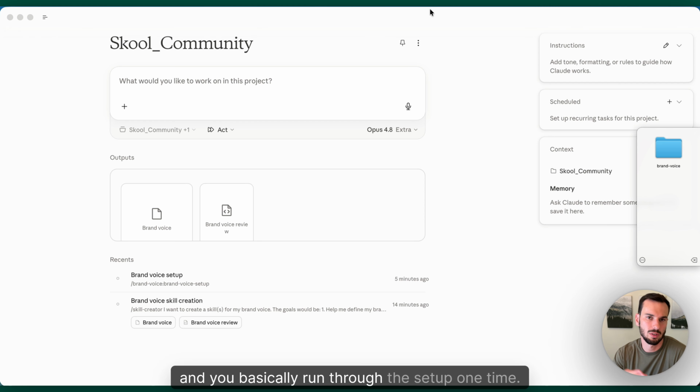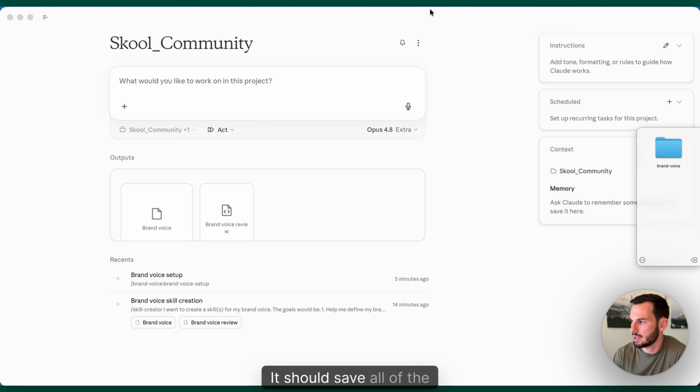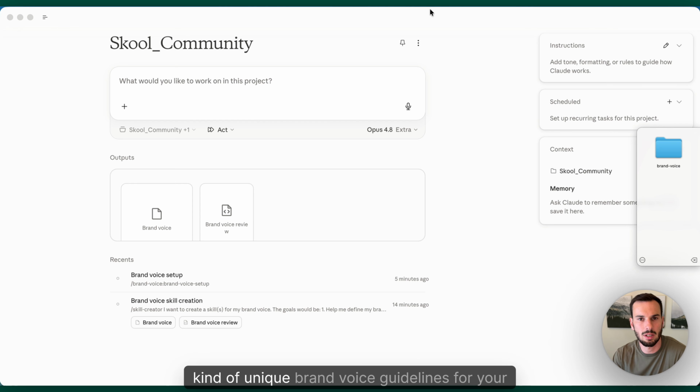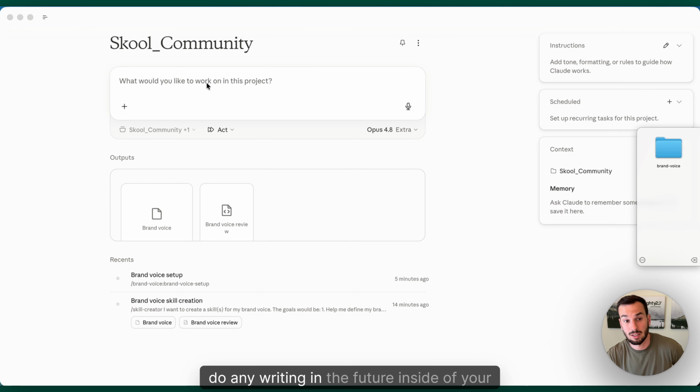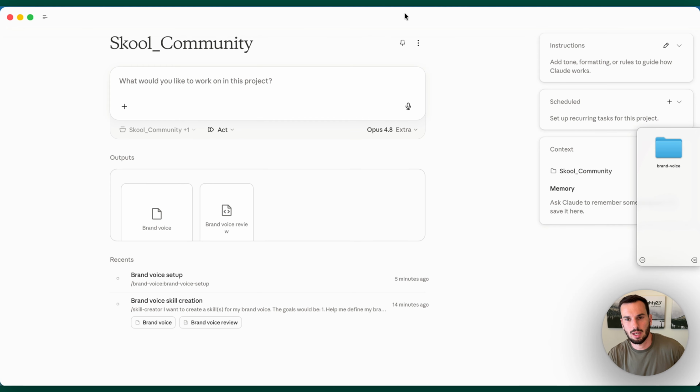And you basically run through the setup one time. It should save all of the unique brand voice guidelines for your particular clinic. And then when you go to do any writing in the future inside of your project, it will use those guidelines